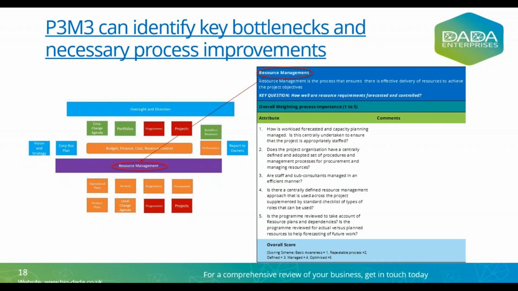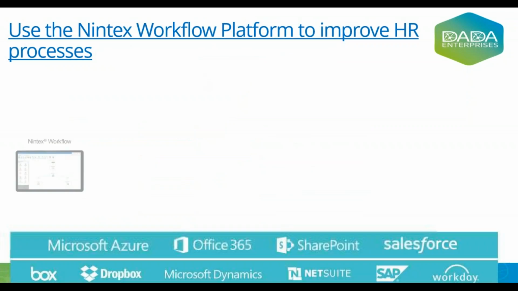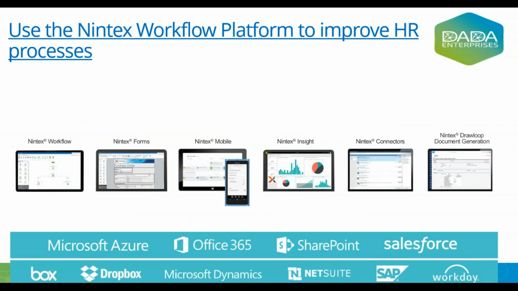Exploring the P3M3, you will be able via these types of audits to identify the key process issues which are affecting your organization. So, for example, whether it be resource forecasting or capacity planning, and then you'll be able to say this is the area within terms of resource management, but they're not really fulfilling a critical business need. So that can drive process improvements. The questionnaire which you see on the screen is available on our website.